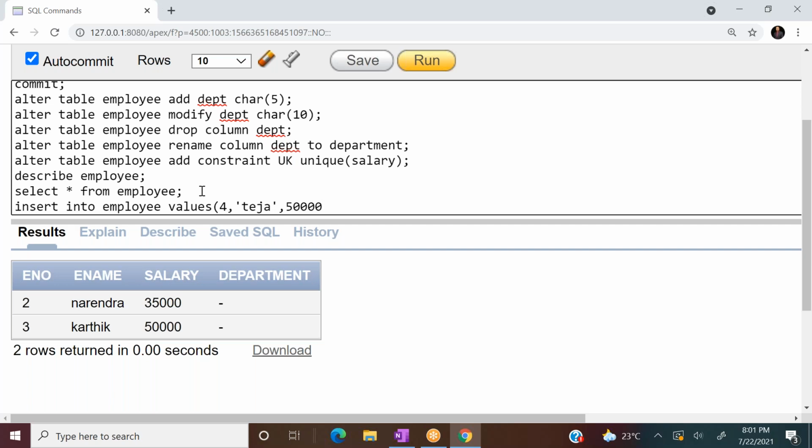But for the salary attribute, we already set a unique condition. And department I wanted to put CSA.